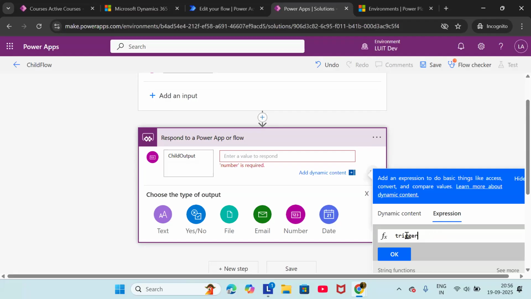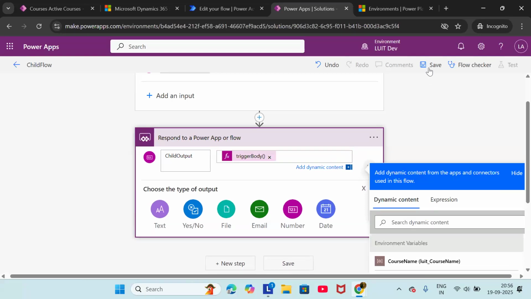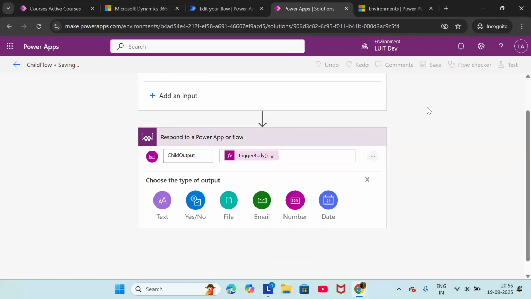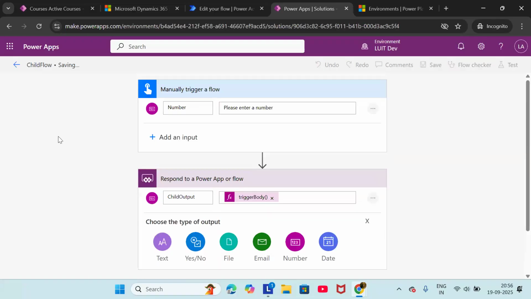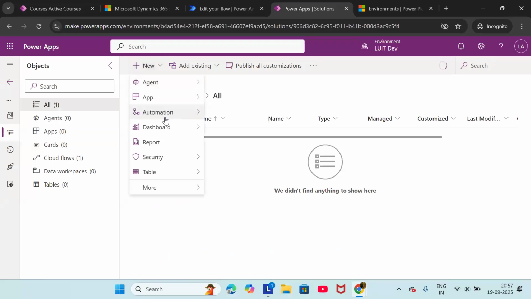Trigger body, and then this will work. So this is enough for my child flow. But in real-time scenarios, you can add plenty of steps in between, and pass whatever output you finally want to send in this type. And then I'm going to create